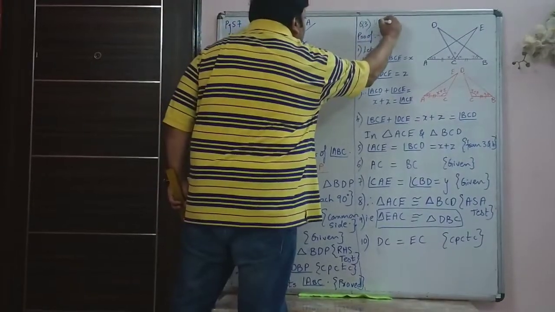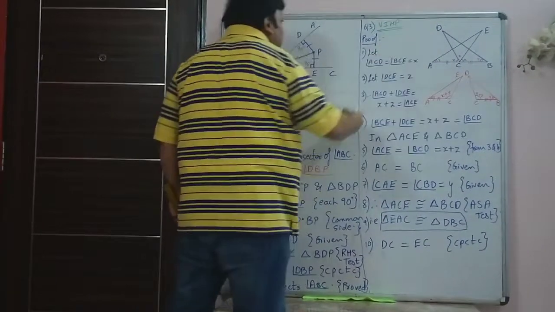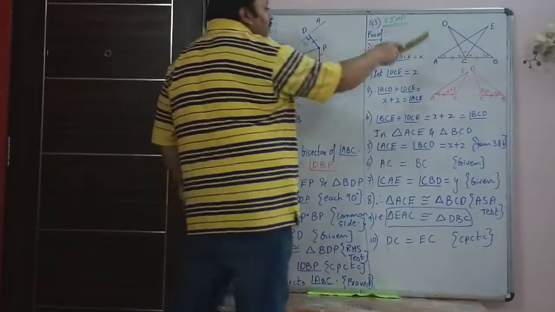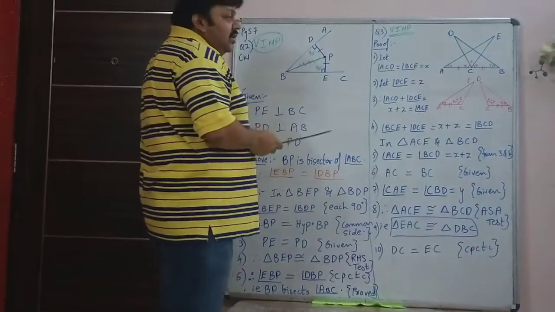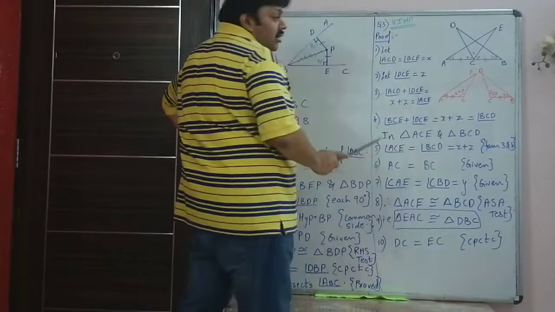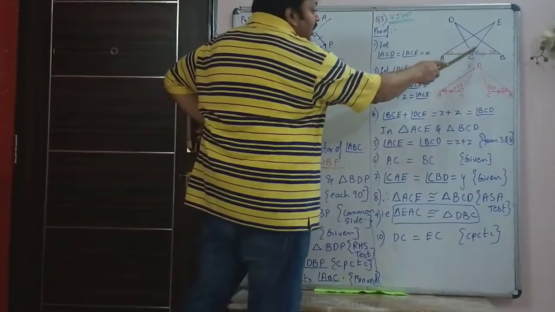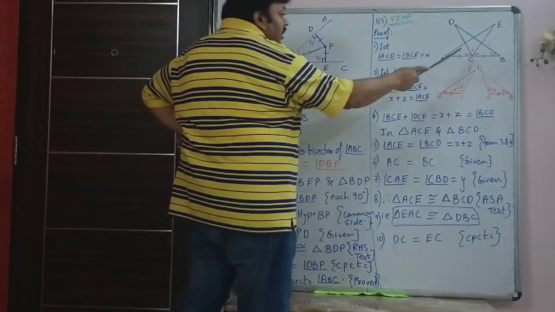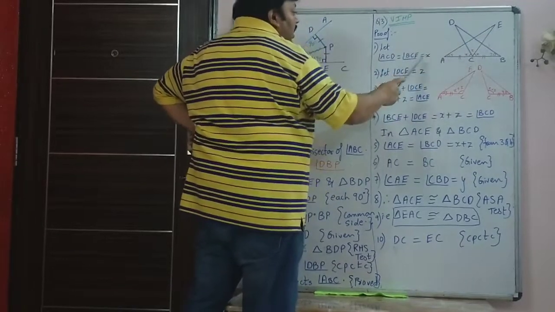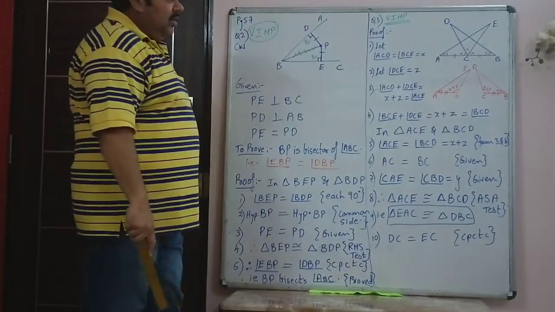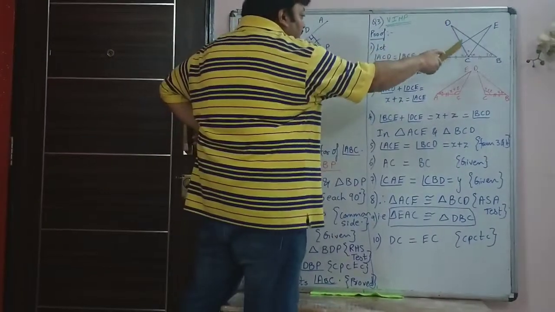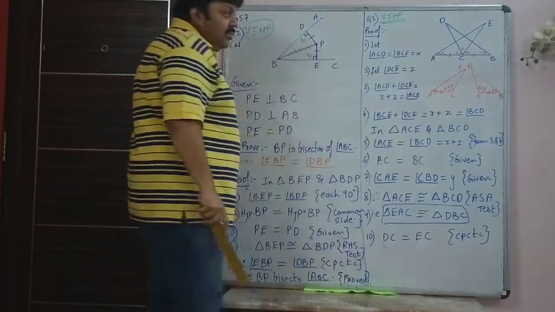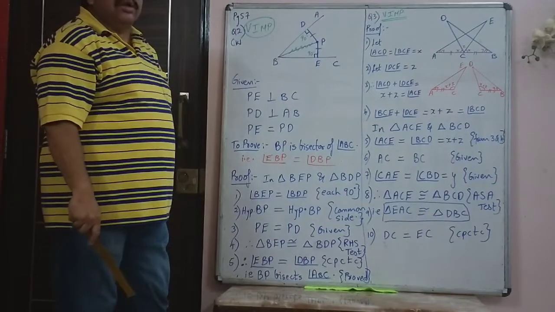So the next sum, sum number 3, is also very important. It's again another basic sum. Now in the third sum, this is the figure that is given. Of course in the figure, they have only marked single angles, but I have given them a name. I have called that angle X, and I have written that angles ACD and BCE, let it be X. Both those angles are X. And I have taken angle DCE to be Z.